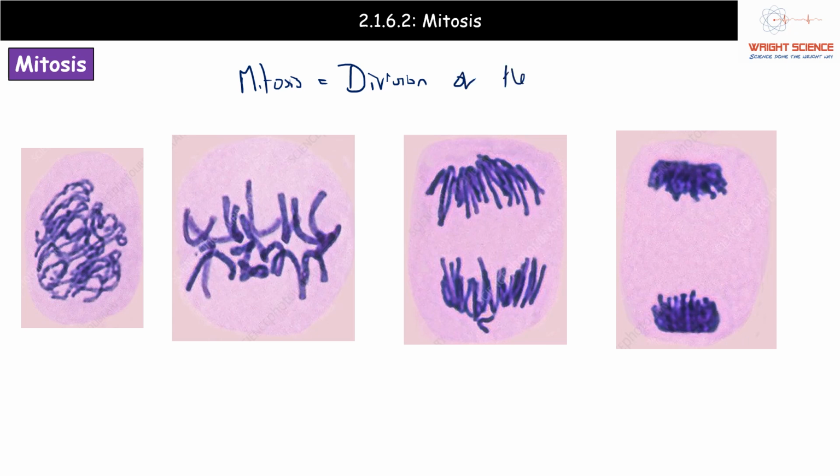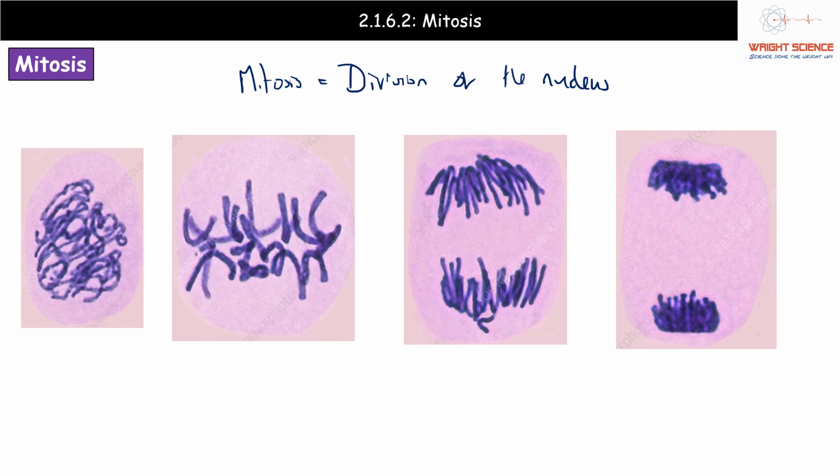So that is literally what mitosis means, the division of the nucleus. So where we've got these 4 stages that we've looked at, all we're looking at is how the nucleus is dividing. So what we've got in those 4 little microscope images beneath are the 4 stages of mitosis, the division